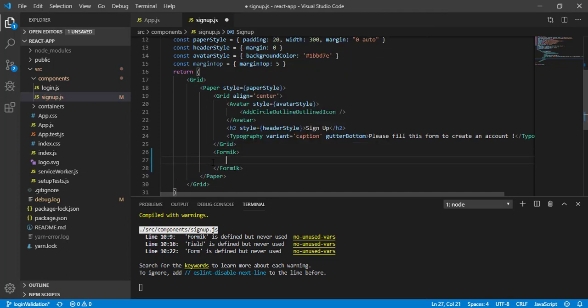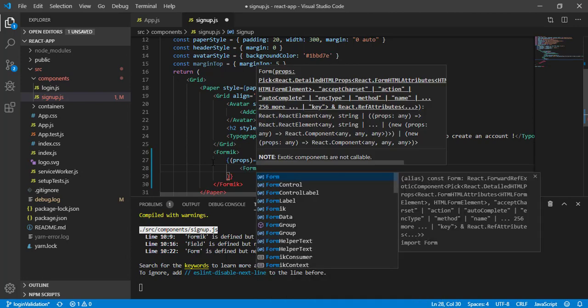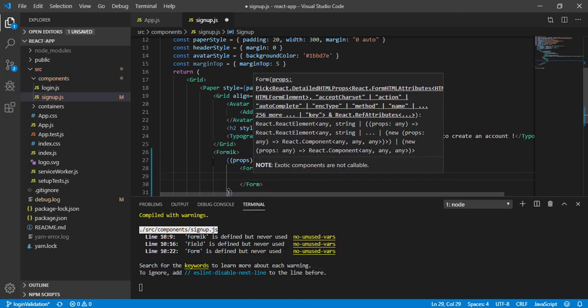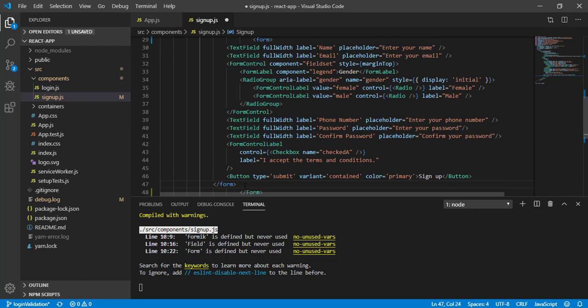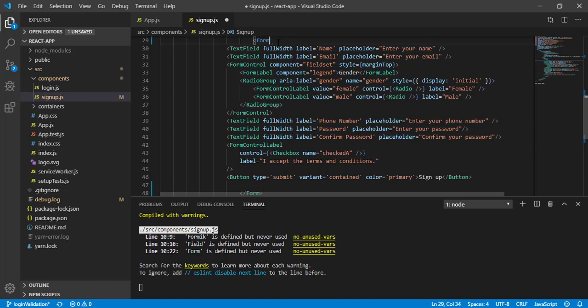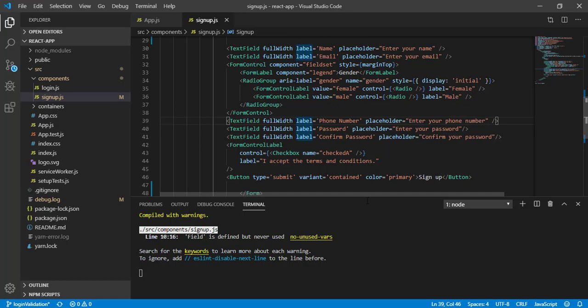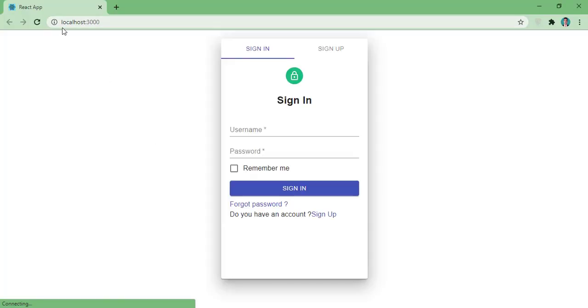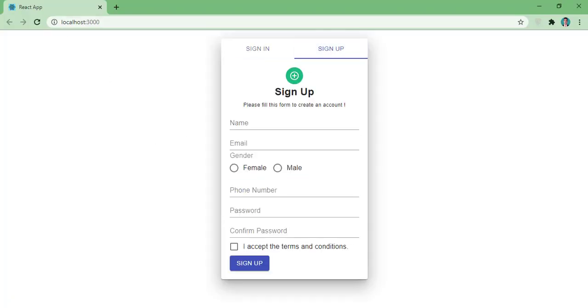Let's open a curly bracket here, and define an arrow function which is going to give me props. Now let's define our Form tag from Formik and paste what we have here. Now we can remove the form tag we used before. Now save it and come to the UI. You can see everything is running fine.